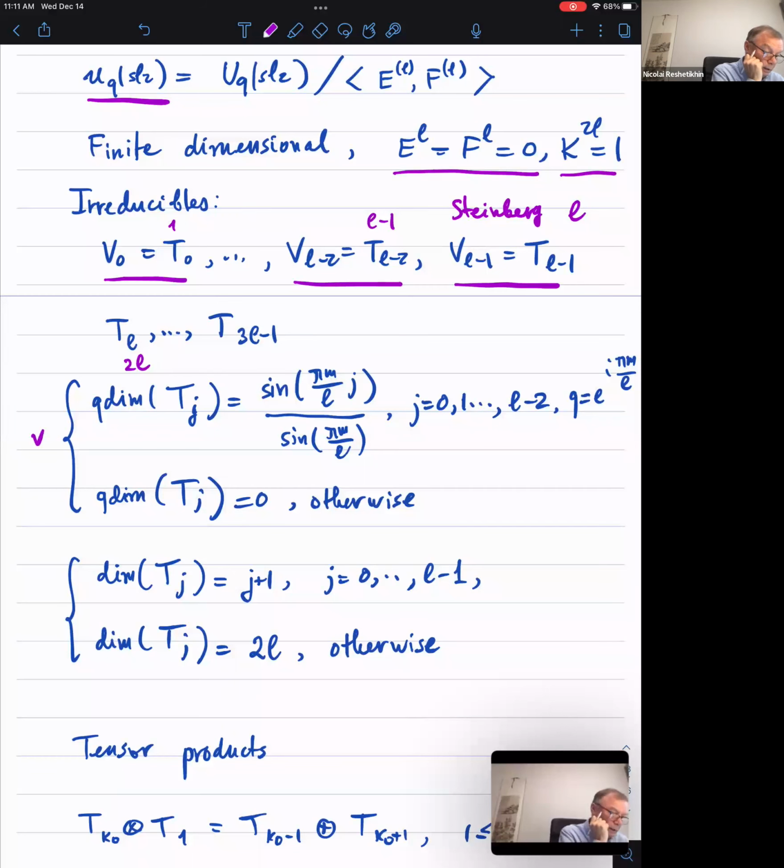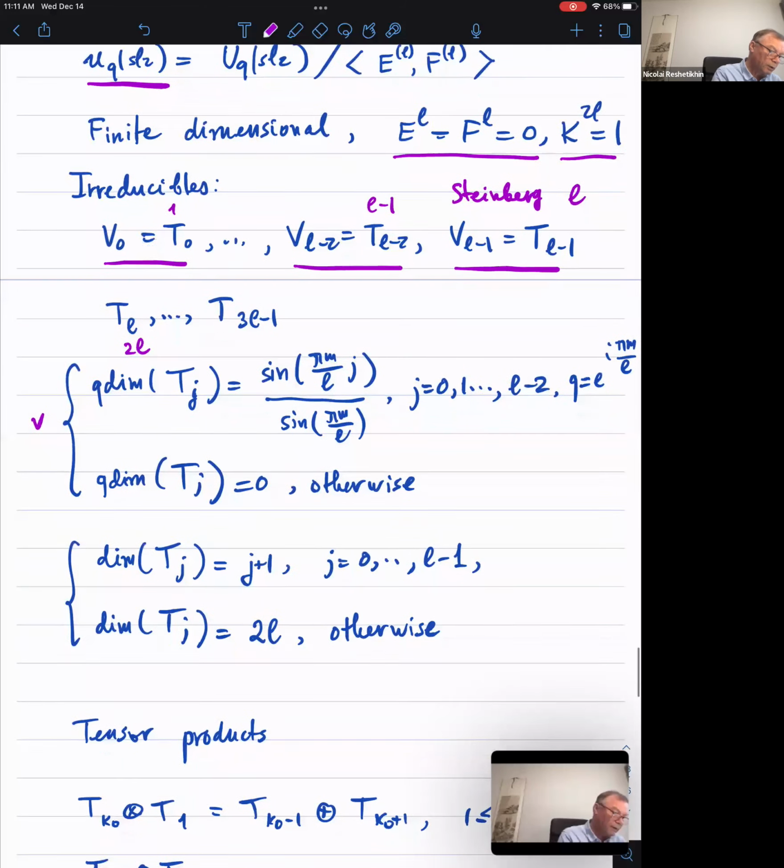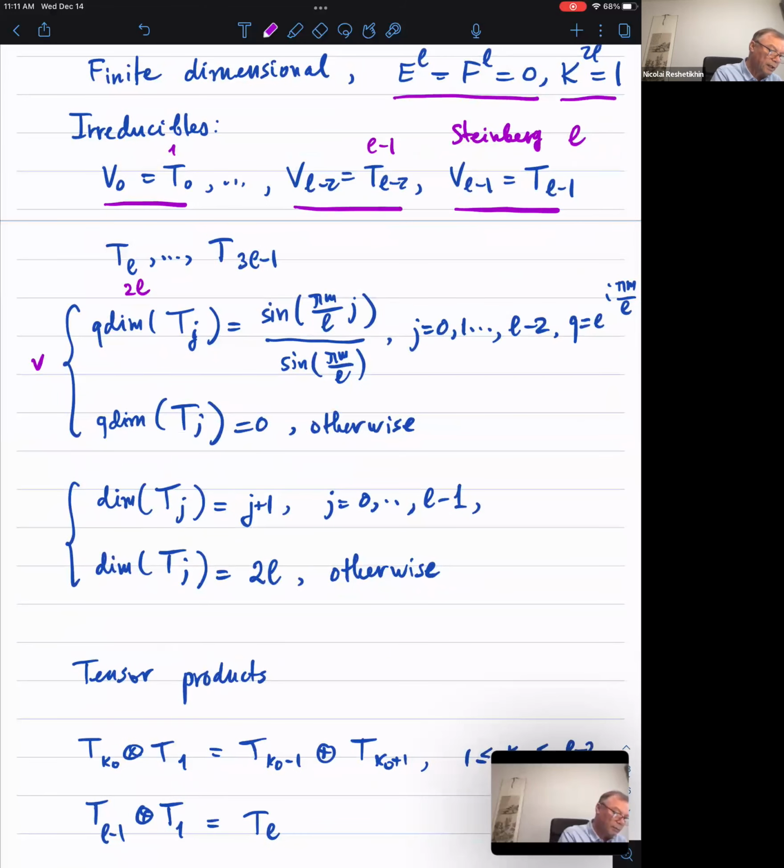And they are still zero for tilting modules for the small quantum group, except when the tilting module is an irreducible module. So it gives,